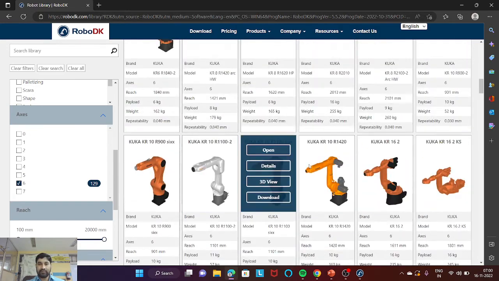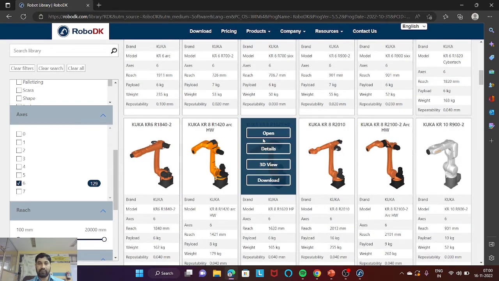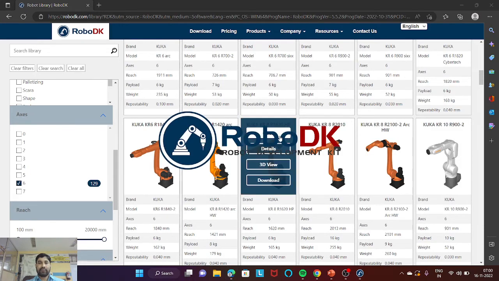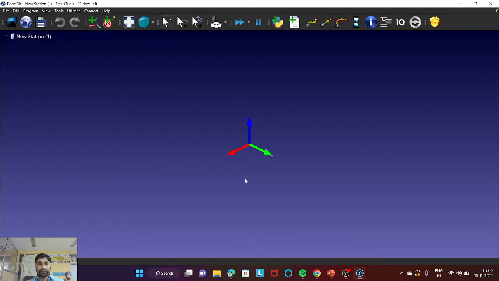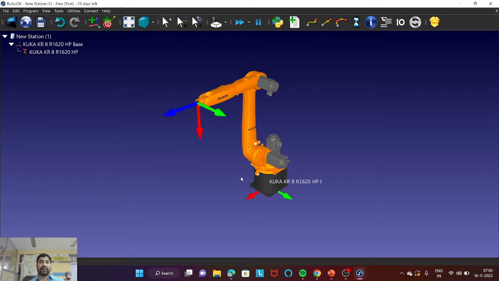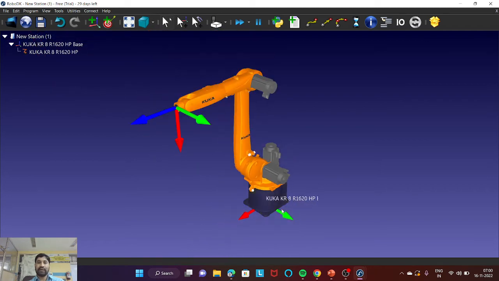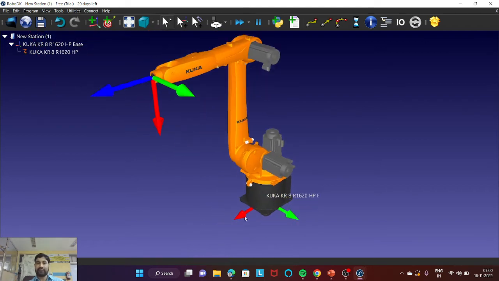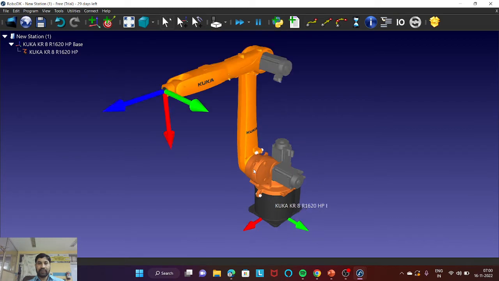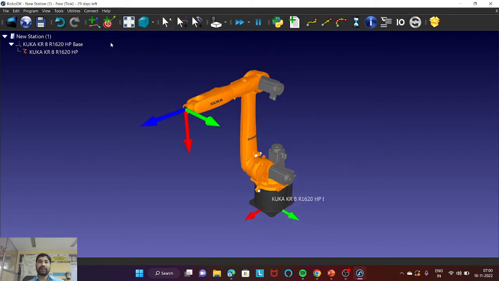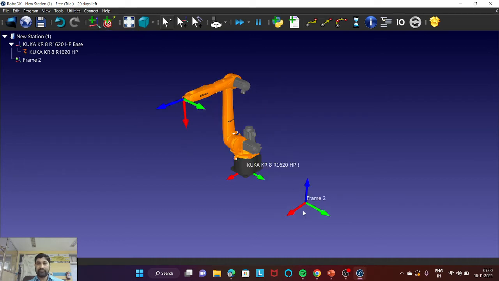Suppose I want this robot here. I'll click on open. Once you click on open, the robot will be downloaded to your initial screen. See here, the robot has come to the reference frame that we had earlier. It will automatically come to that reference frame. If you want another reference frame to insert any object or tools, you can directly click here. Another frame will come. If you insert any object or component, it will come with reference